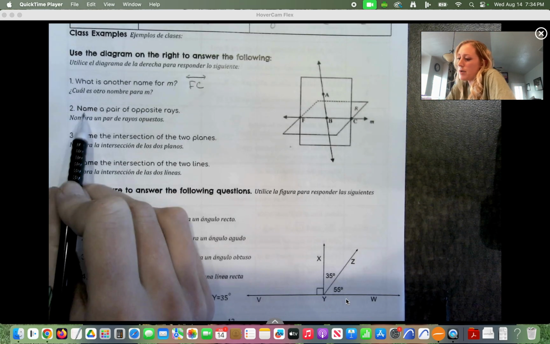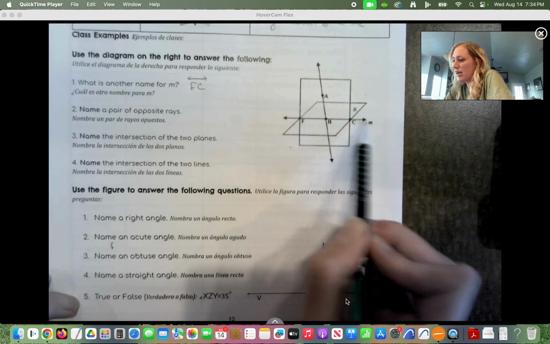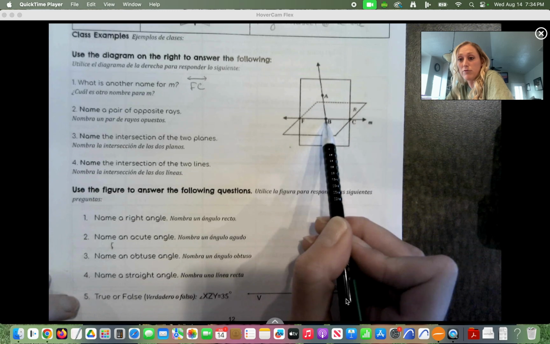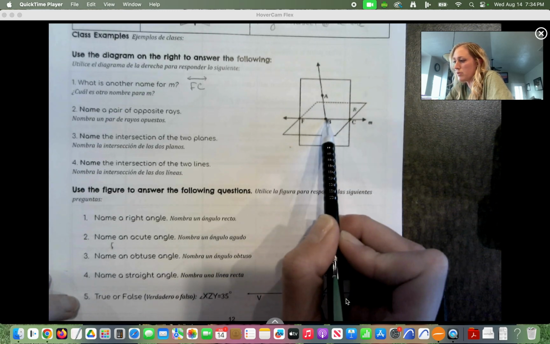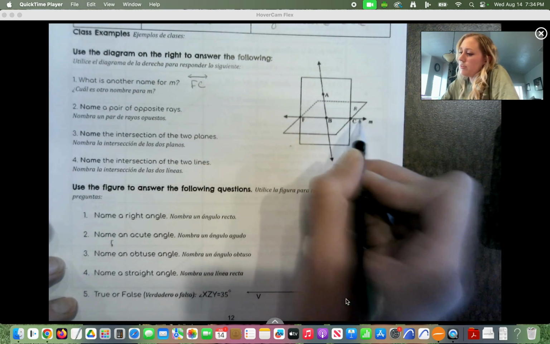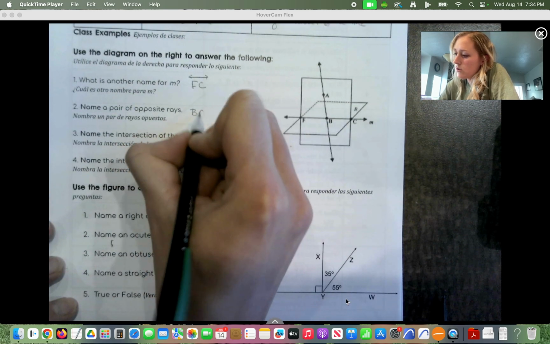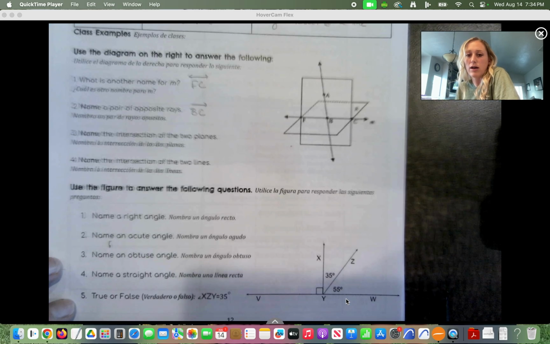Okay, name a pair of opposite rays. So remember, opposite rays are rays that come together and form an endpoint, but they go in opposite directions. Opposite rays also form a line. So this line that I actually just named could be formed by 2 opposite rays, starting at B going this direction, starting at B going that direction. Those would be opposite rays. So I'm going to name BC with the ray symbol,